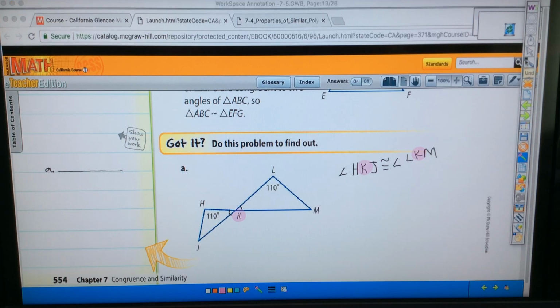for the angles, and then for angles L and H, well, we know that because they're both 110. So you're going to say angle L is congruent with angle H. They're both 110. So therefore, because they have 2 in common, they have to have 3. So our final here is that triangle JHK,